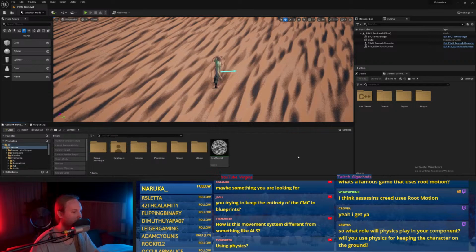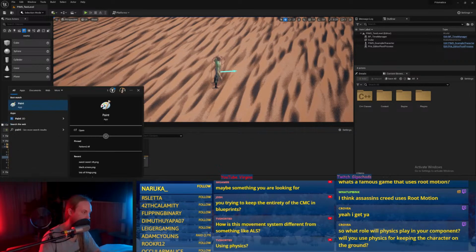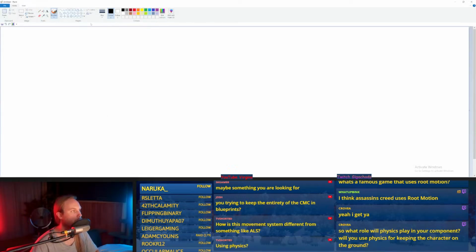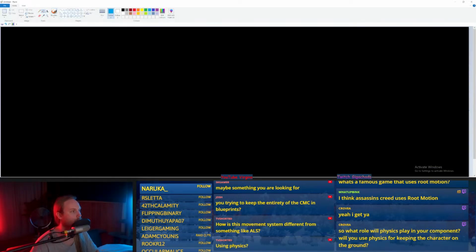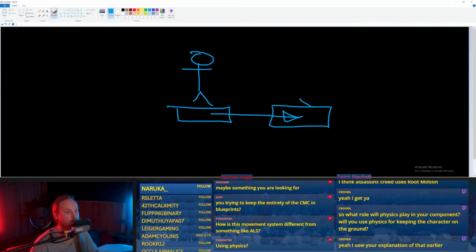I won't set up an example, but if I get Paint open, if I have a character on a platform, and that platform suddenly moves this way, or they're standing on a barrel or a crate and that crate gets knocked sideways, the entire character just moves with it, right?